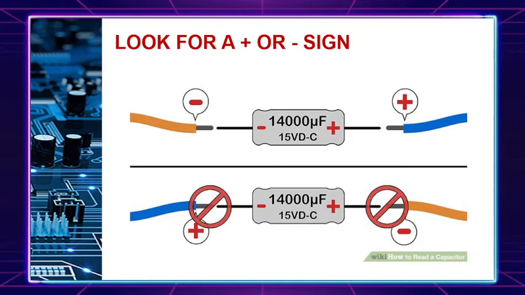If you see one of these next to a terminal, the capacitor is polarized. Make sure, class, to connect the capacitor's positive end to the positive side of the circuit, or the capacitor could eventually cause a short or even explode. So let's be careful. Let us first know the polarity of the component. Or else, if you connect it in the wrong